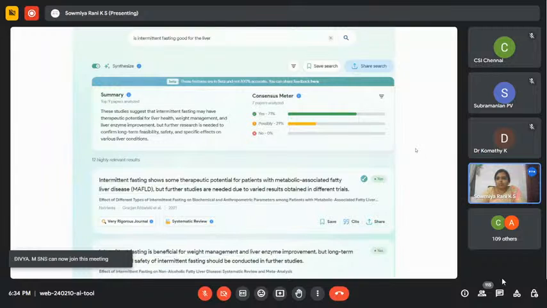And when I see a huge percentage of the papers say yes and no paper says no, then I'm convinced, okay, this seems to be a nice thing for handling any of these liver disorders, for instance. So Consensus could be used as a knowledge base, and alternatively,